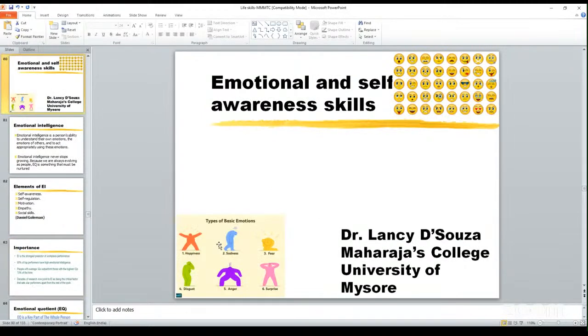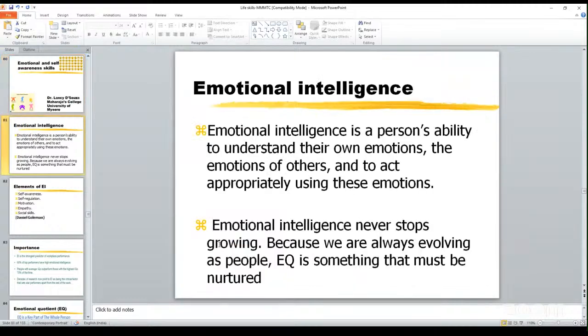The next two skills we are going to do quickly are emotional and self-awareness skills as life skills. Whenever we talk about emotional skills, I'm directly jumping into emotional intelligence, where nowadays emotional intelligence and social intelligence are given more priority than traditional intelligence. So, what is this emotional intelligence? Basically, it's a person's ability, and that is more important, a person's ability to understand our own emotions, the emotions of others, and act appropriately using these